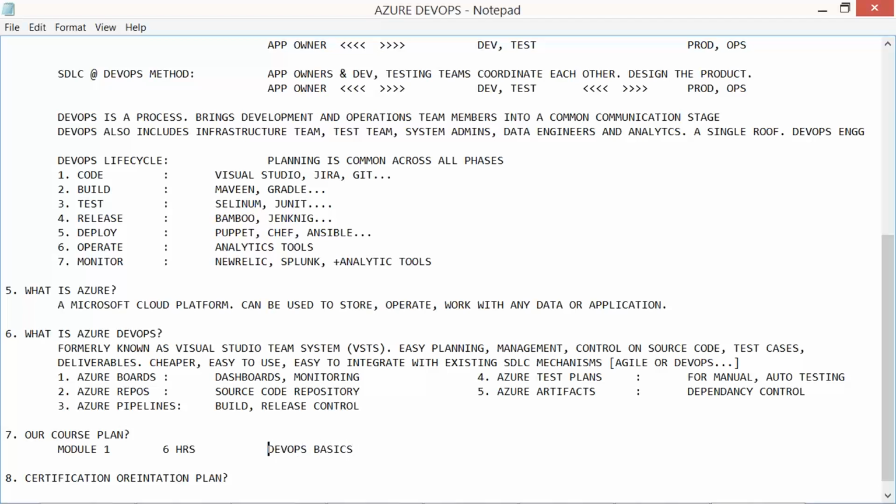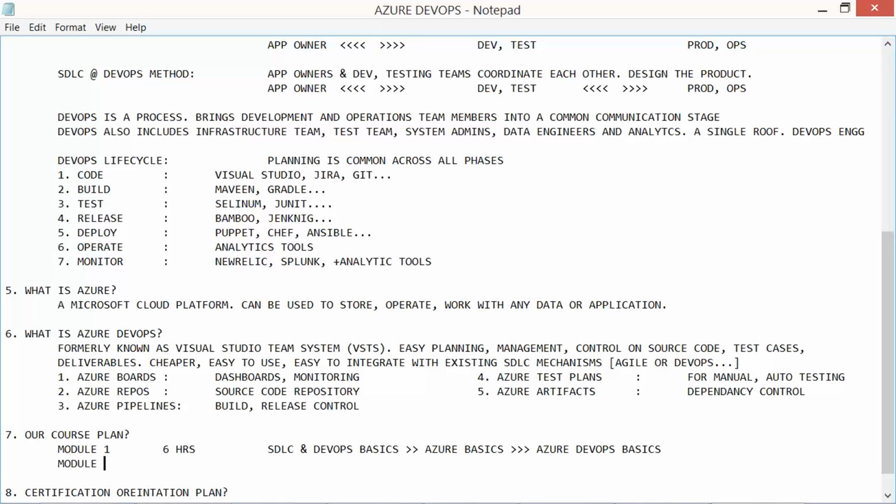In fact, we'll be starting with the SDLC basics and DevOps basics. And from there, we need to understand the concept of Azure basics, and from there, the Azure DevOps basics. We'll be taking all the basic activities here.